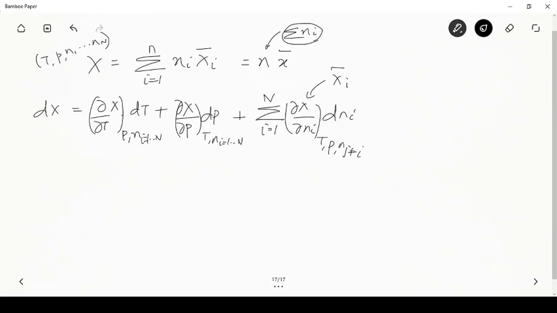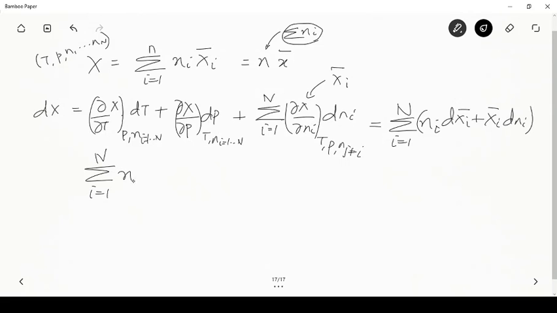Okay. At the same time, we can also differentiate this one. This is also equal to nothing but summation over I equal to 1 to n of ni dxi bar plus xi bar dni. Right? So this is also a thing that you get. So this xi bar dni would get cancelled on both sides. So I'll be able to write summation from I equal to 1 to n of ni dxi bar is equal to